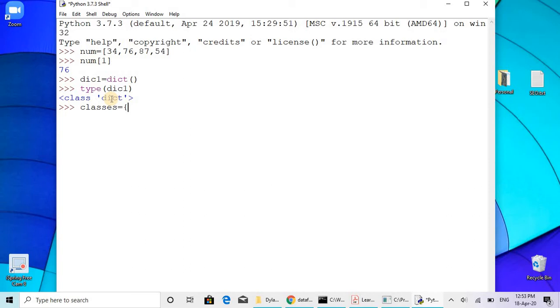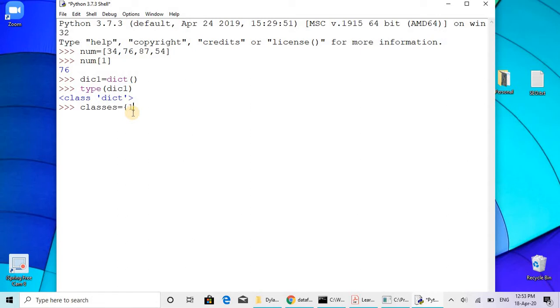In the case of a dictionary, we give the index ourselves. In the case of a list, the index is given automatically, but in a dictionary we can define the index.